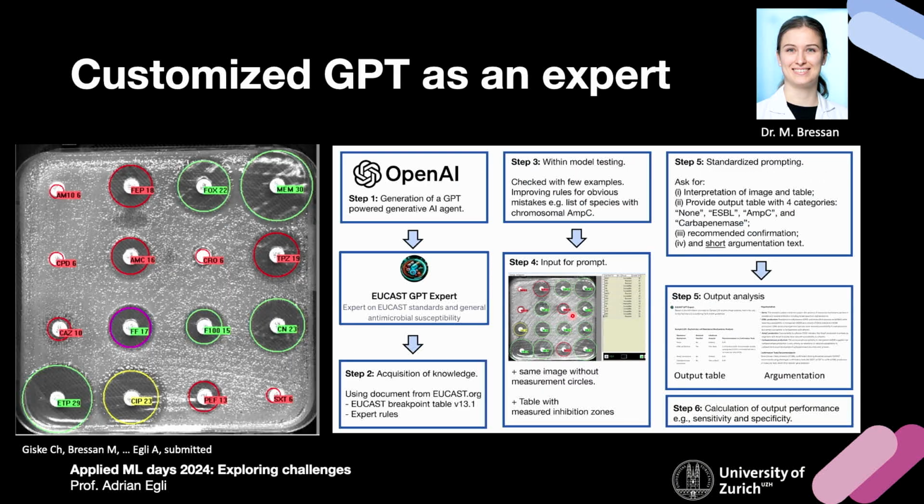But what we did, in all seriousness, is we generated a customized GPT agent. So you can go in GPT-4 and upload certain PDFs and train the system. You're probably all aware of that. So we uploaded expert documents like the breakpoint table from EUCAST, some expert opinions on publications, and generated the EUCAST GPT expert. And then we shared image data, as I showed you here, where you have a paper disc with an inhibition zone, and we asked ChatGPT what kind of resistance mechanism, molecular resistance mechanism, is behind it. And the results are